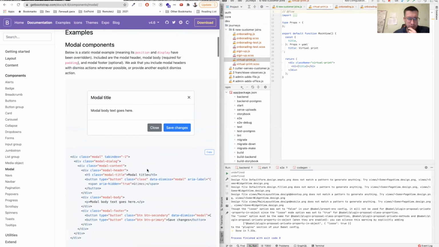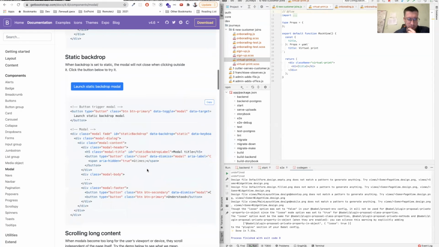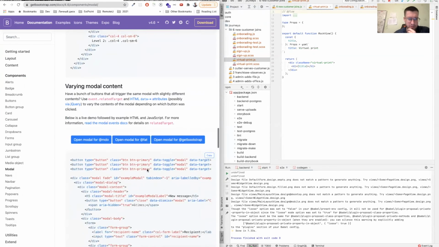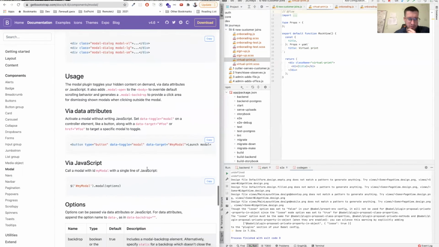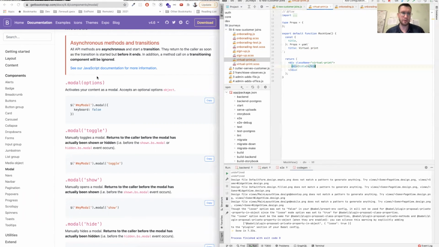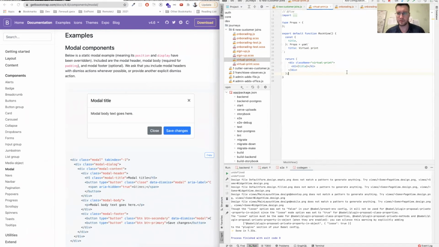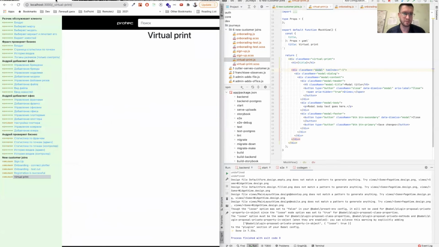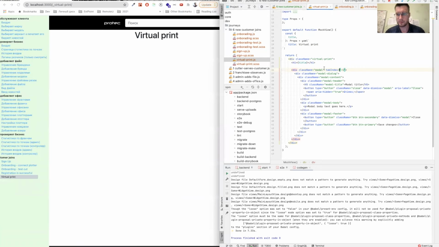Can I show it statically? Static backdrop, scrolling, vertical uses a grid. All the interesting features. However, I have no bootstrap JavaScript here. I only use its CSS part in this project. So that should be like,